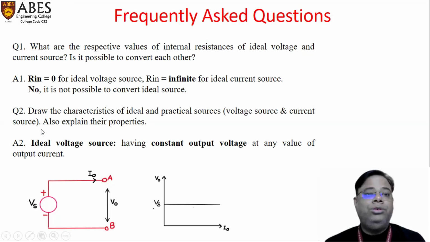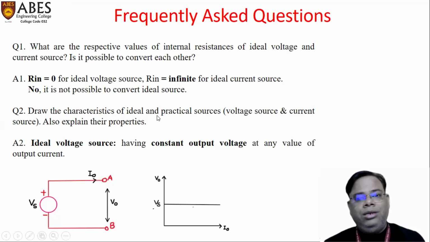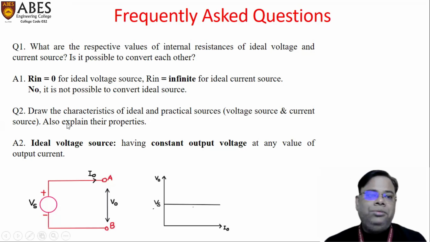After that, question number 2: draw the characteristics of ideal and practical sources like voltage source and current source, and also explain their properties. It may be asked as a complete question in the short answer type, or it may be bifurcated, where you have to draw the symbol of ideal and practical sources and draw the characteristics of ideal and practical sources,